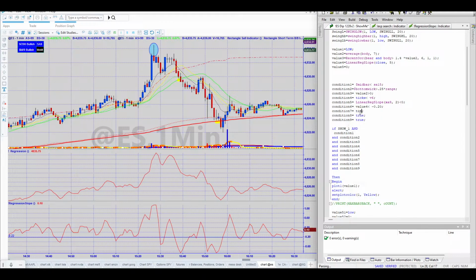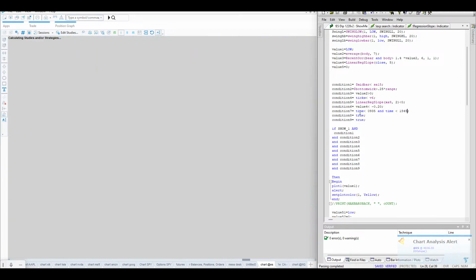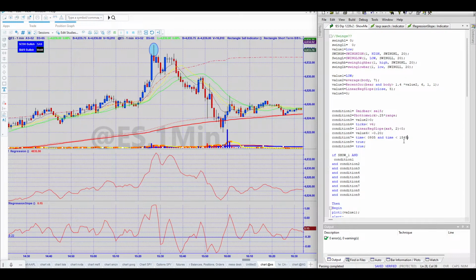time issue. So the time has got to be greater than like 9:35, and time is less than 15:45. What? Time is less than 15:45. Where are we at? Yeah. Time is less than 9:30. Oh, it's greater than 9:35. You gotta love coding, man. All right, so like I said, we need to